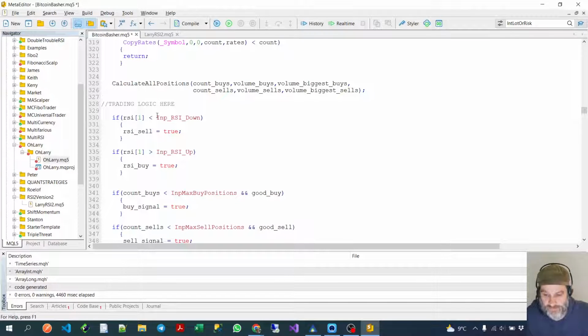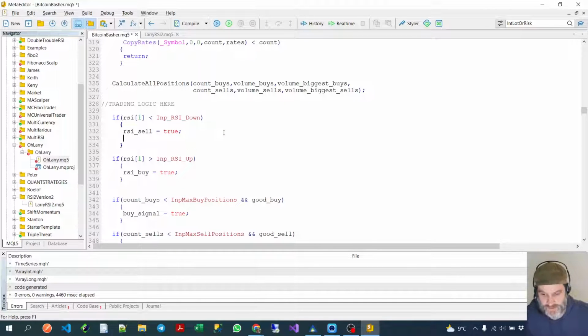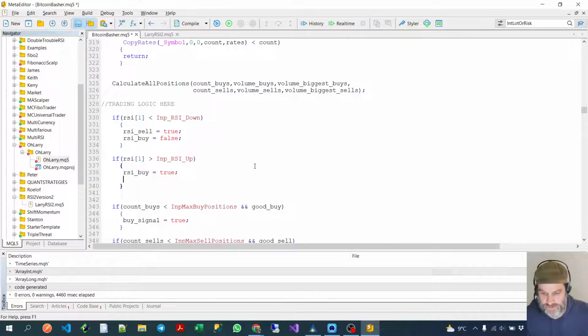Okay, so if the RSI of the previous period is less than the RSI down level, basically that's saying if it crosses below a certain threshold, then we say RSI_buy equals false. And then we say RSI buy equals true, and RSI sell equals true. We're just doing this because we don't want to enter a sell when a buy is true. Okay, and then we need to do the moving average logic,